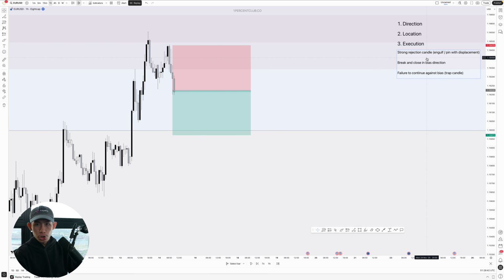Where is the strong rejection candle? As much as possible, you want to place your stop loss above that rejection candle. Because right now we are assuming that if price were to remain bearish, it's going to continue crashing down just like this. But if price were to continue bullish, it might mitigate some demand level right here, continue going up and take out this high right here, take out the rejection candle.